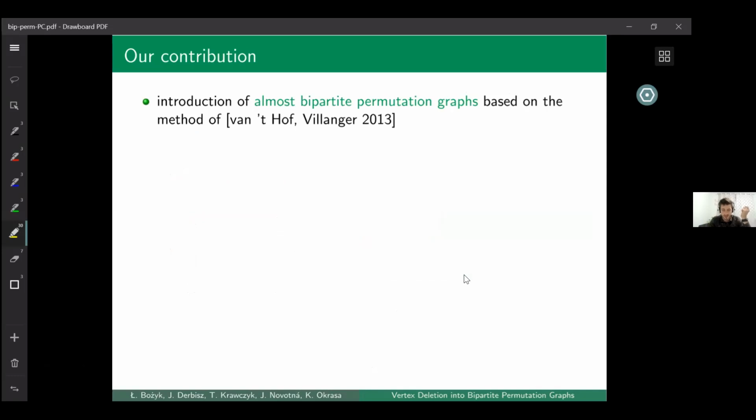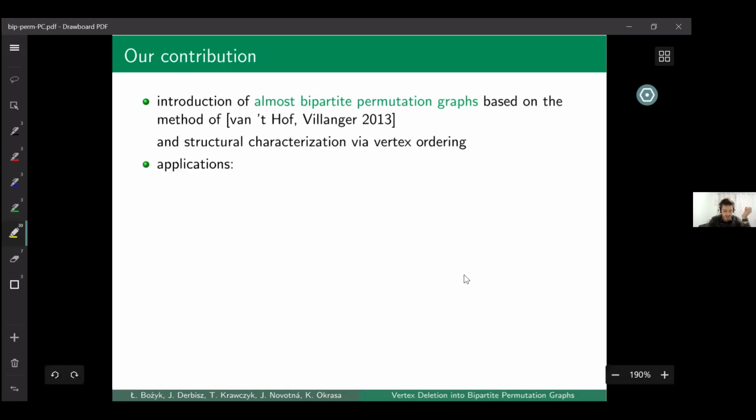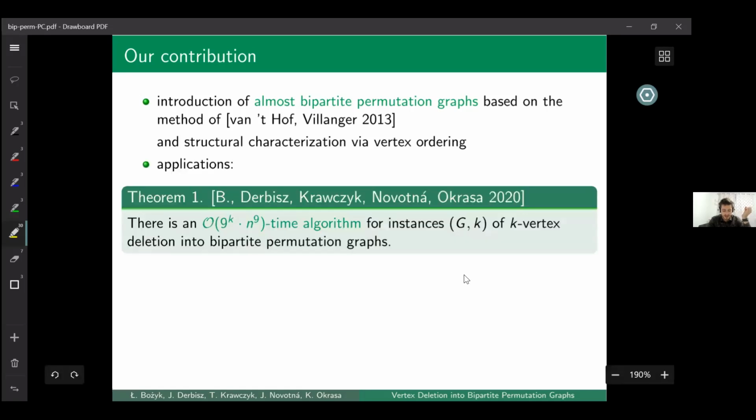It's a method based on one that was used for proper interval graphs, where also they got rid of all forbidden substructures, but for long holes, long induced cycles. Yeah, and after we branch out the small forbidden subgraphs, so we remove them, we prove that our resulting graph has a nice structure. And we can apply this structural result to